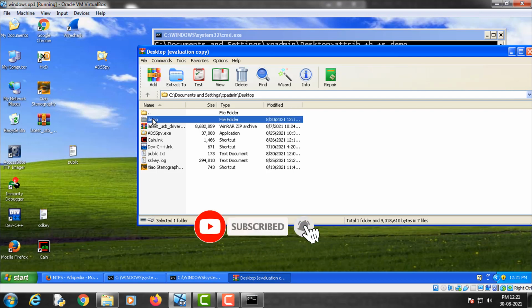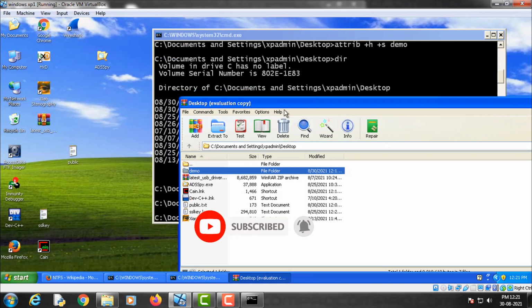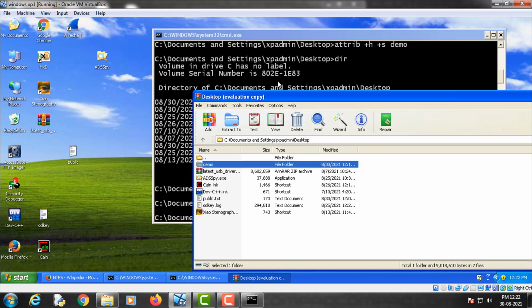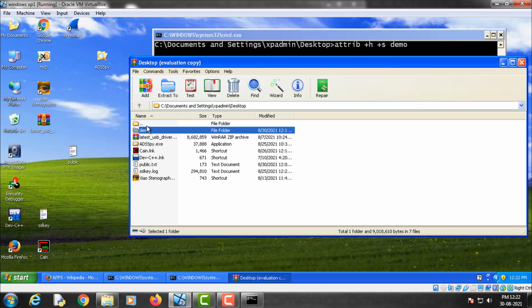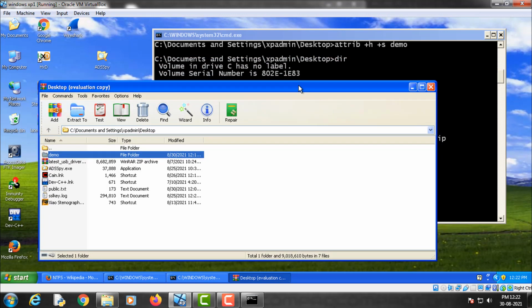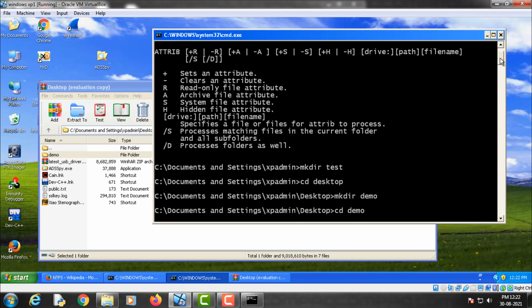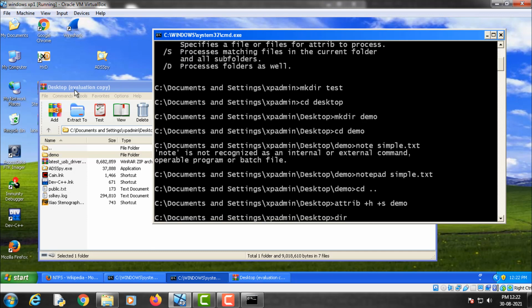So although the demo folder is missing from the desktop, it is visible in this WinRAR file. So you can say that this is the vulnerability in this attrib command. You can discover the hidden folder hidden by the attrib command using this WinRAR file.